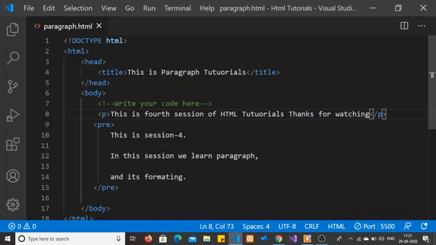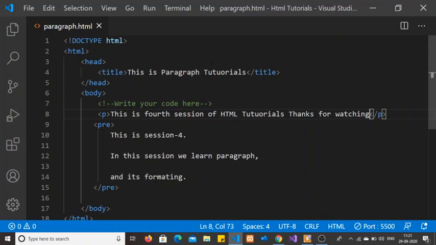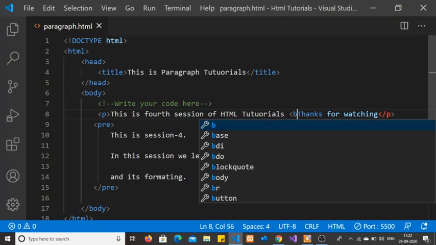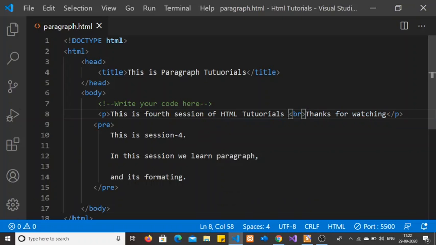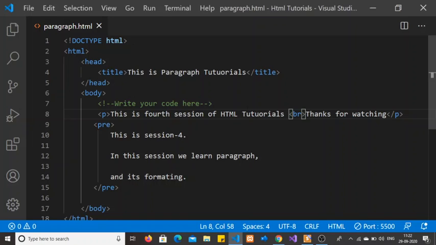I wrote some text inside a paragraph tag. Let's have a look at the browser. All this text appears on the same line. Let's use one br tag to break the line. Now we can see the text after the tutorials comes on the next line, because I used the br tag.